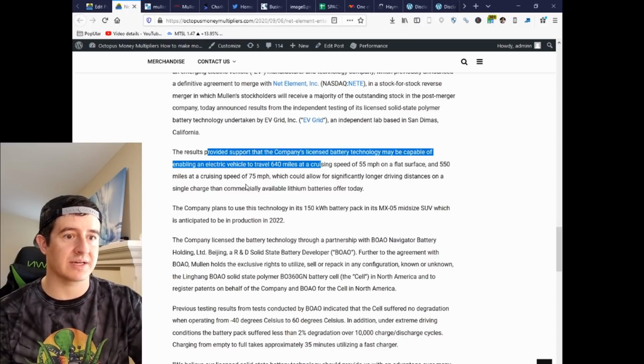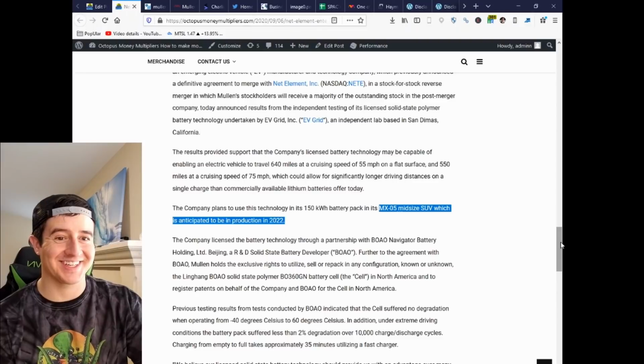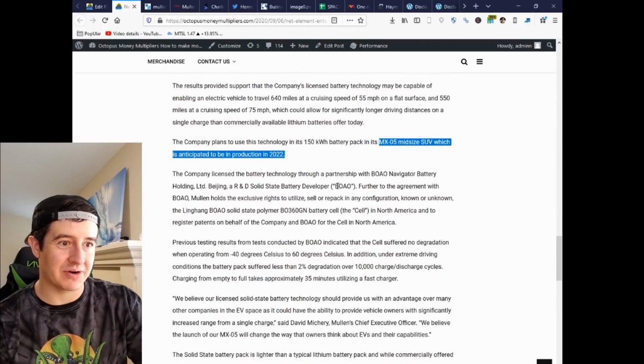The company plans to use the battery technology in that midsize SUV. Okay, so that SUV is anticipated to be in production by 2022. So 2022 sounds like it's going to be a big year for electric vehicles. What do you think? The company licensed the battery technology through a partnership with